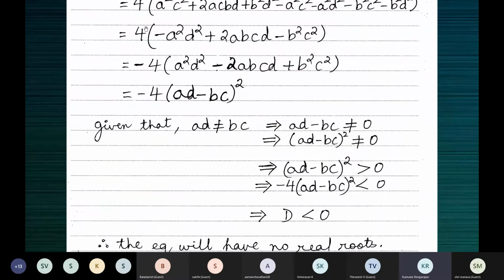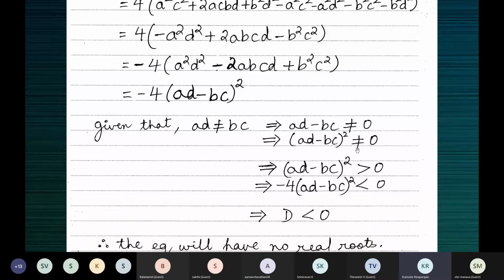I'm sure we understood. We should write everything symbolically, not in words. So we start with the expression AD minus BC. Since it is not 0, okay, let me not bug you children with this again. Just have a look at this. In case you have any questions, you can ask me.